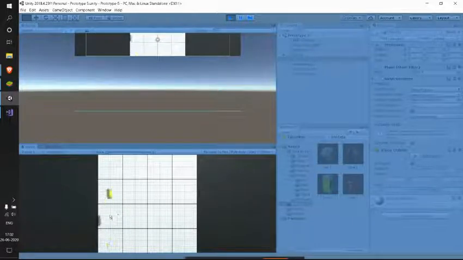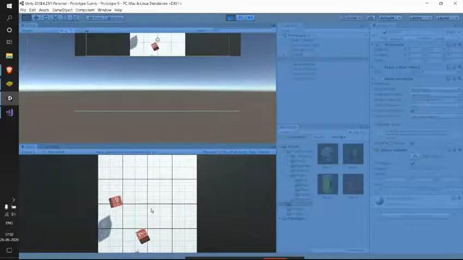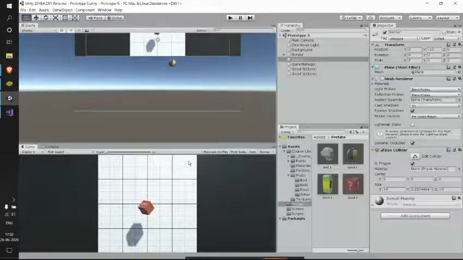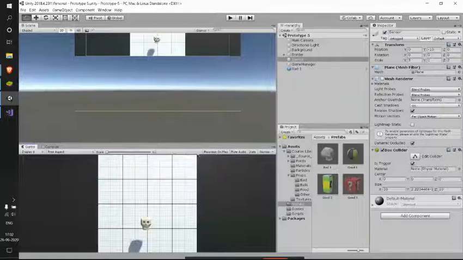Yes, see, when I click, I'm able to delete them. So I think I need to get rid of this energy drink, which is too small, or I can change its size a bit. Yes, I'll be scaling that up so that we'll be able to click it in a better way.